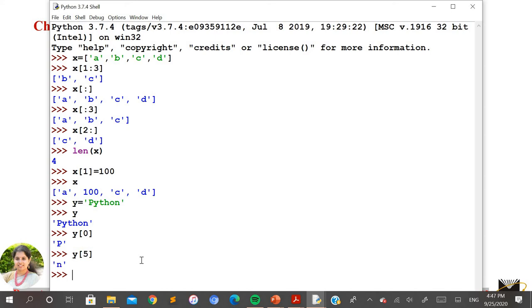What I want now is, tell me what kind of variable y is considered as. This y is considered a string variable. Why? Because you have stored a string value into y, so y is considered a string variable. So at the fifth position of y you have the character n. What I want to do here now is change y of 5 is equal to j. So let me see whether it allows or not.